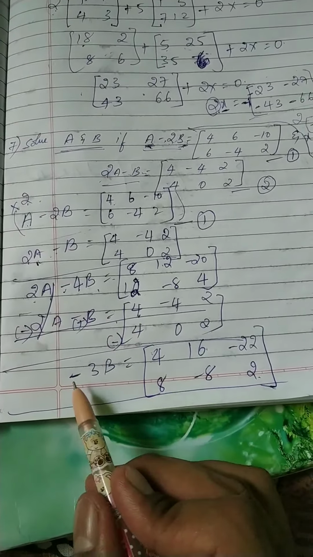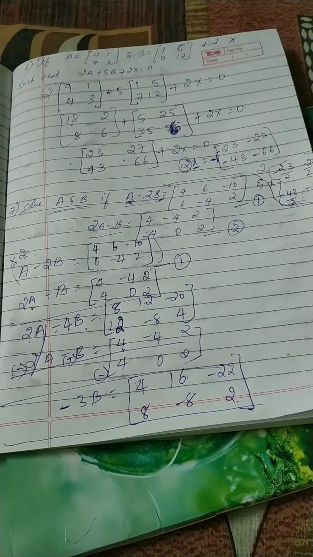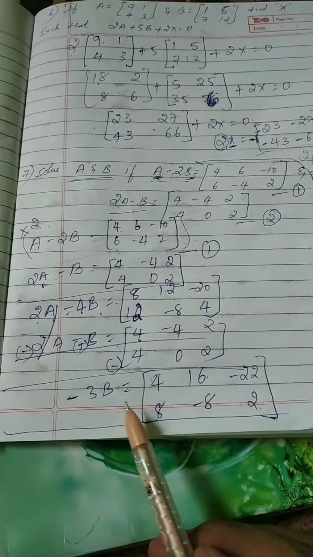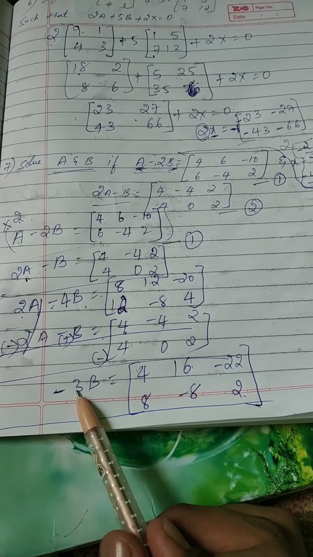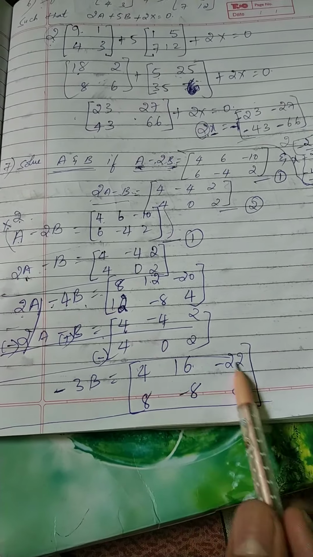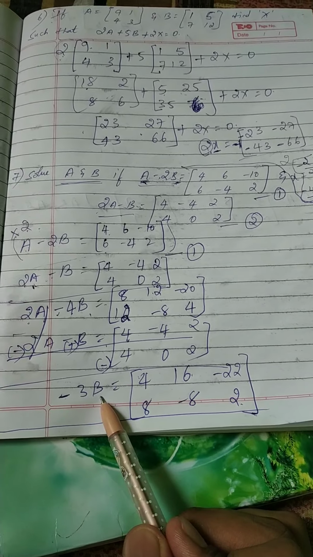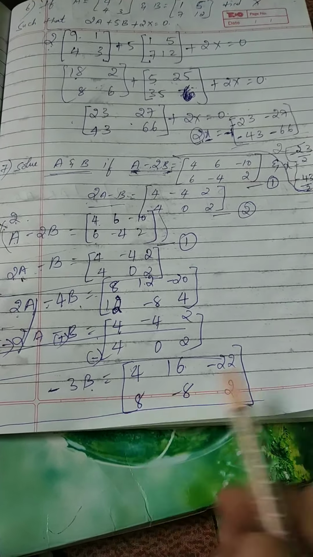So this is what we have got here. This is what we have got from this. So then further, what will I do here? I'll divide this entire thing by the b, right? That is what I am supposed to do now, isn't it? So how will I do that?